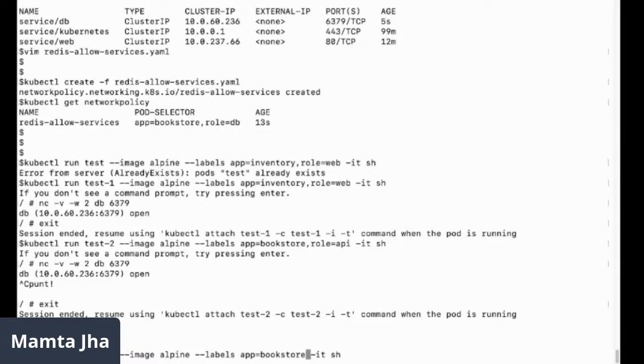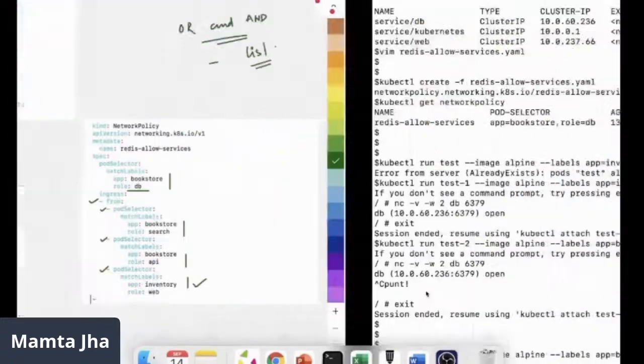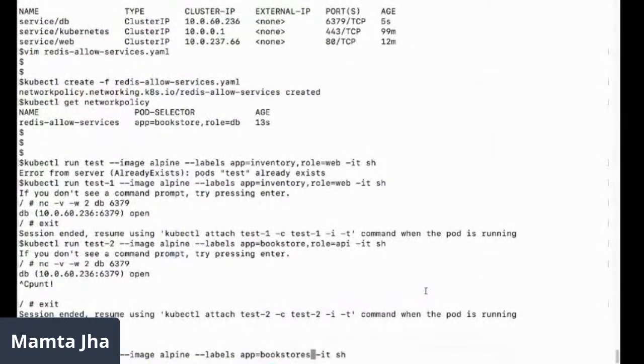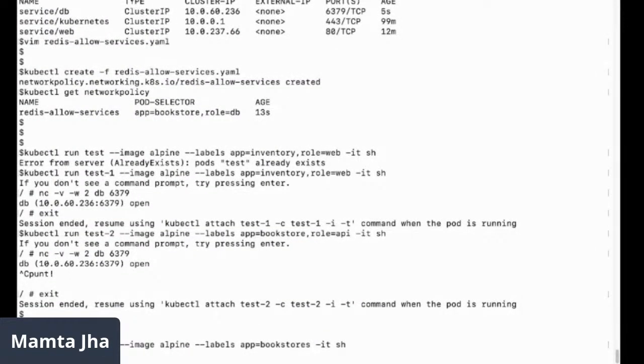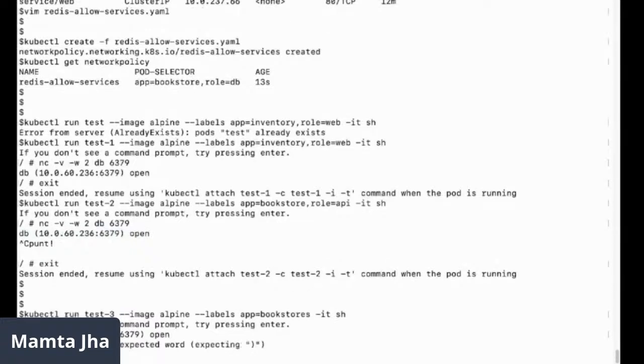Now, if I try to create a pod which just has some label which we have not allowed at all. So I don't have matching label as app bookstore. You can't just select one label, okay? If there are 2 labels on that resource, we are supposed to select 2 labels. Let me create third pod with test3 name and try accessing now the database.